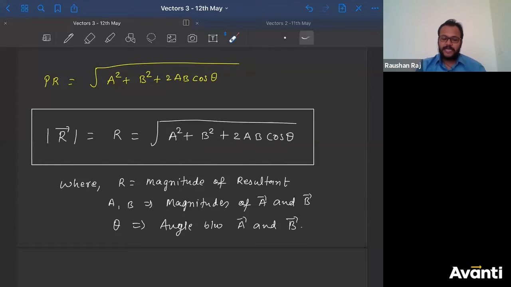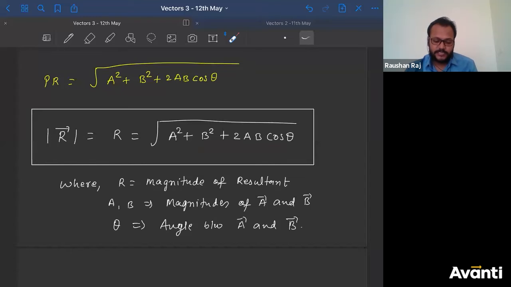If you ask any of the second PU guys this formula, and if he doesn't tell you this, understand that nothing will happen for him. His NEET won't happen, JEE won't happen either. It's a simple thing. If you cannot revise, if you cannot remember this formula, nothing will happen. This is very simple but very useful.